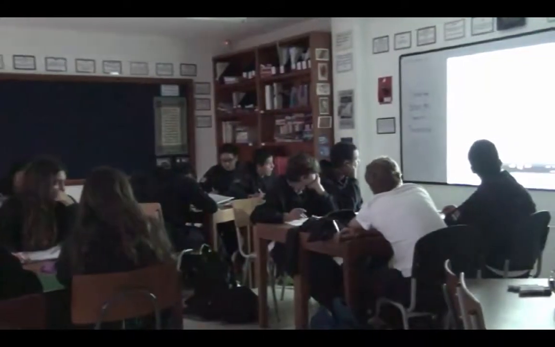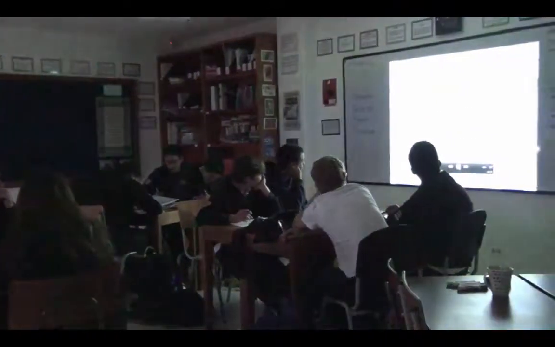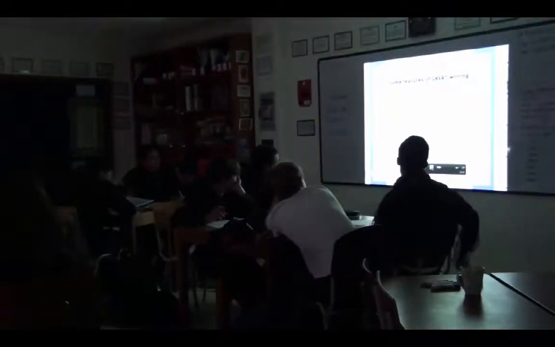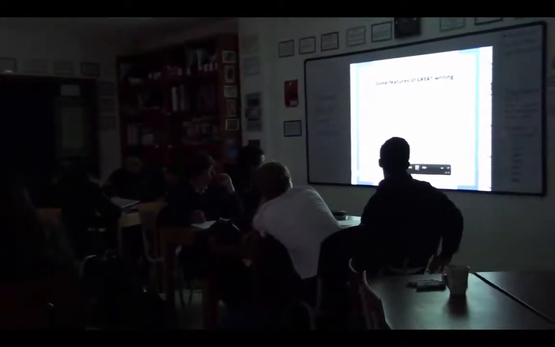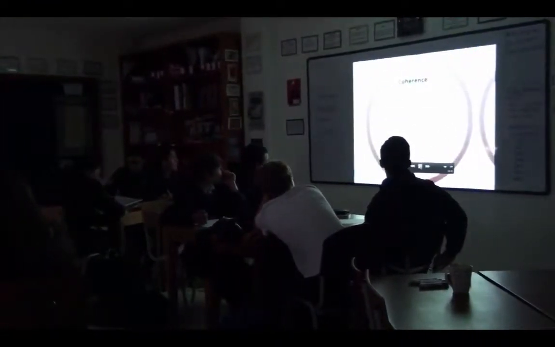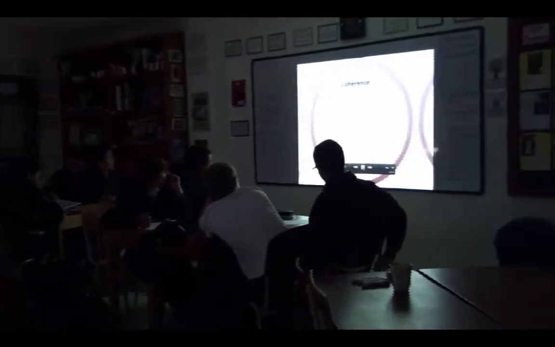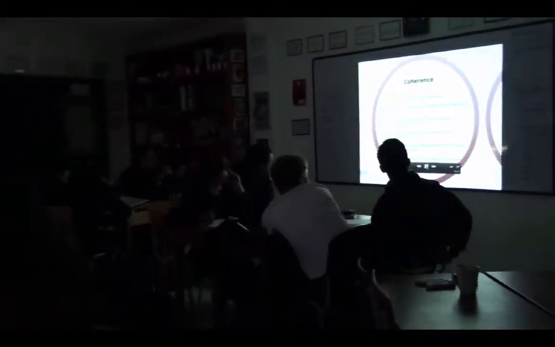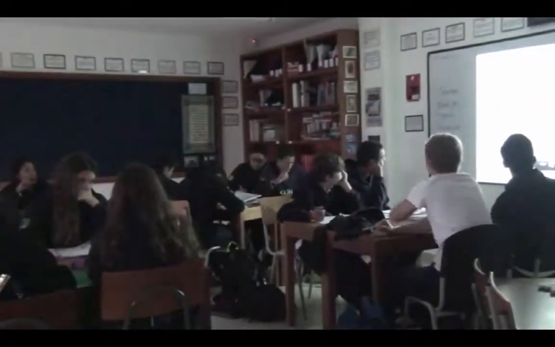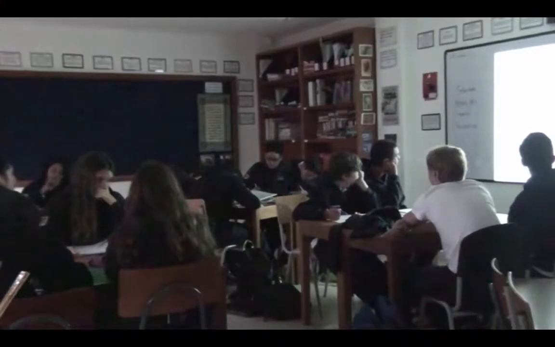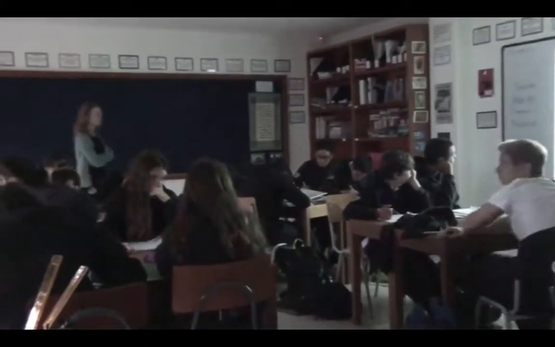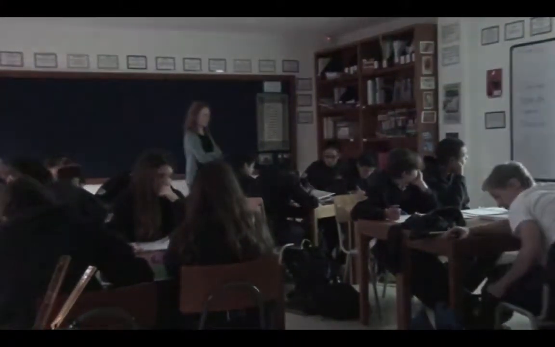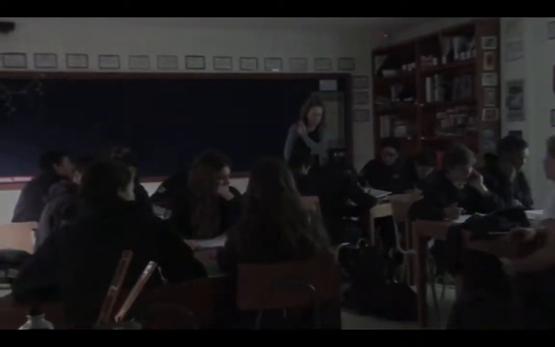So, some of the words might be a little unfamiliar, so I want to start by asking some questions to make the concepts clear. Let's move first of all to coherence, which is a really important part of communicating with a reader. Anytime that you're writing, you have to remember that writing isn't just about putting your ideas on a piece of paper. It is a communication, an active communication with another person. What makes it tricky is that that person can't respond to you or tell you that he doesn't understand, which makes it so different